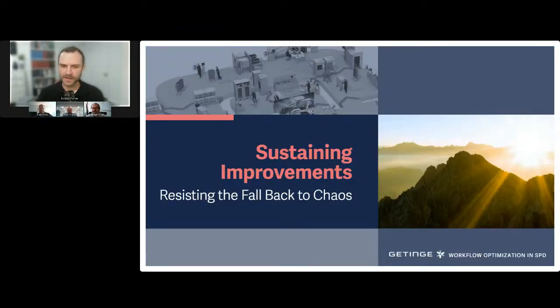What advice do you all have for some dreamy sterile processing manager who has this brilliant idea of what's going to happen in the department and how we're going to improve? How do we keep that optimization process going and not fall back into chaos and wind up a year from now trying to fix the same problem that we tried to fix today? Two words, Bobby: